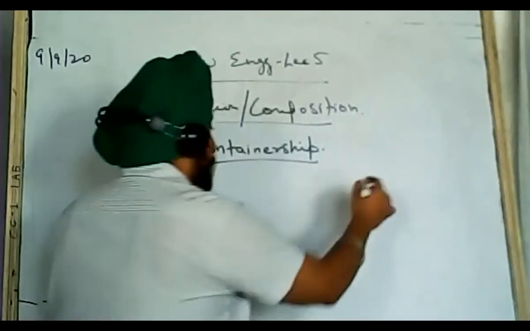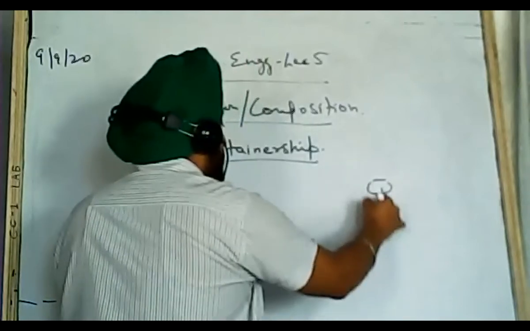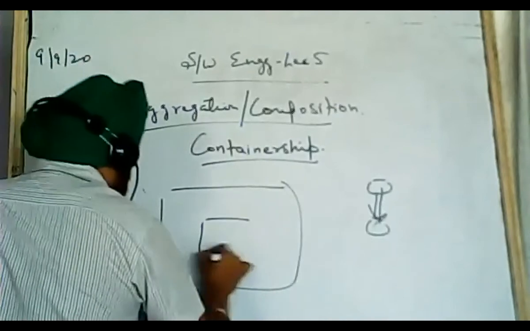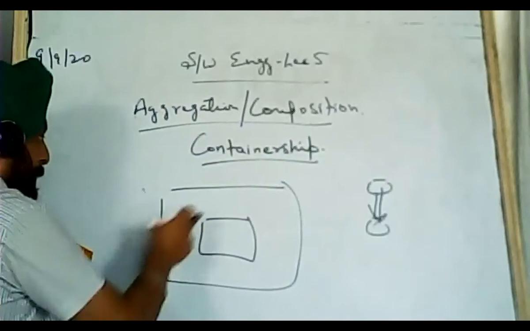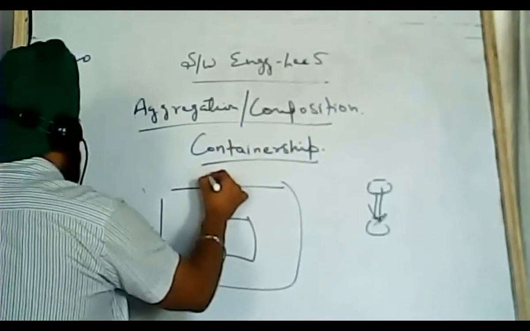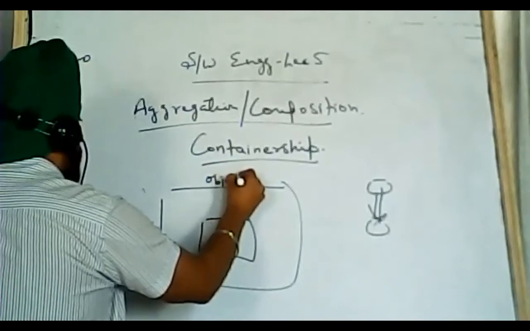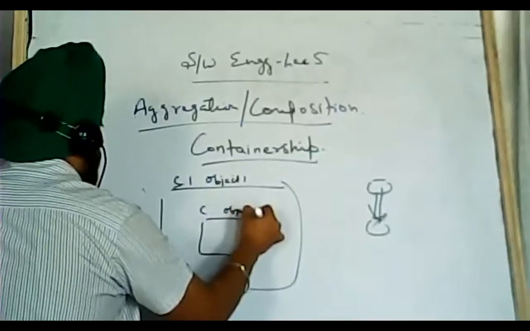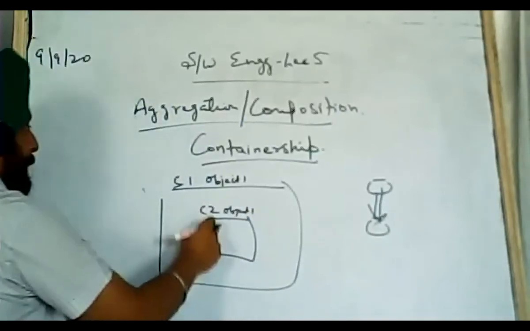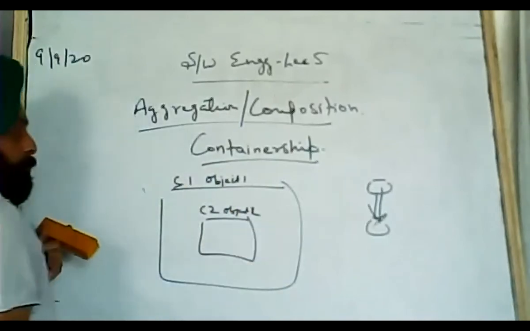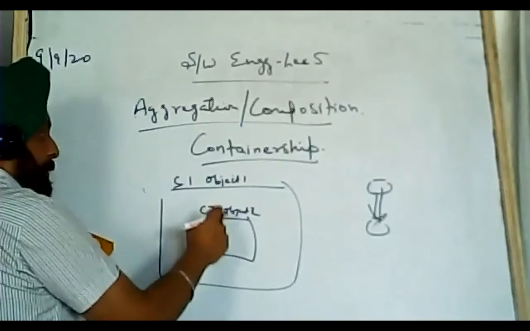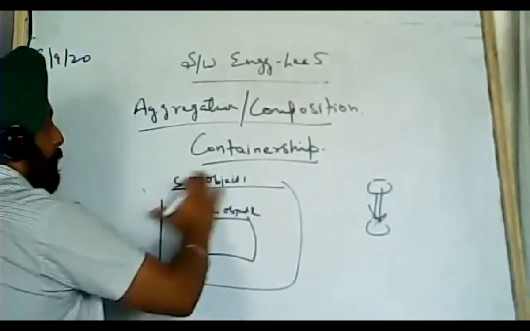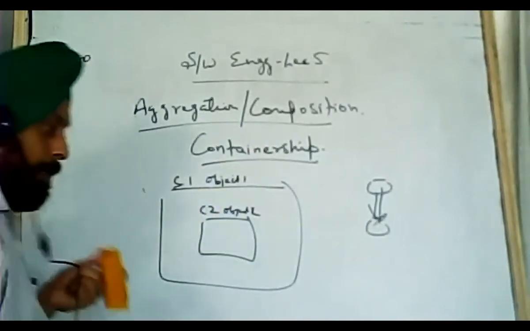Inheritance is where the two classes are outwardly directed and it inherits the property. But what happens in aggregation? There is an instance of one class and there is an instance of another class which is contained in the first class. So this is object 1 of class 1 and this is object 1 of class 2. So this object and this object are different. I will also write object 2 over here. So this object is an instance of class 2 which is present inside class 1. So you can see this is containership or aggregation.